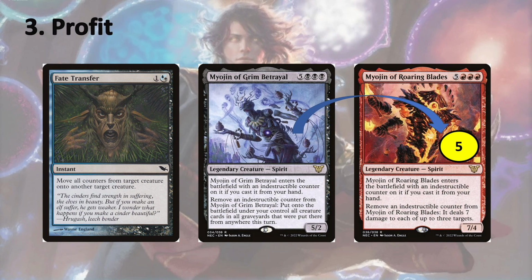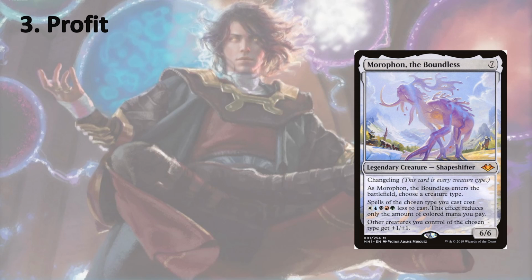Another key include in this deck is Morophon the Boundless. This is the best card in the deck because when we cast it, we name Spirit as the creature type and it reduces our spirits by Wooburg. Jodah allows us to cast all our spells for Wooburg, and Morophon then essentially makes all of our Myojins free,